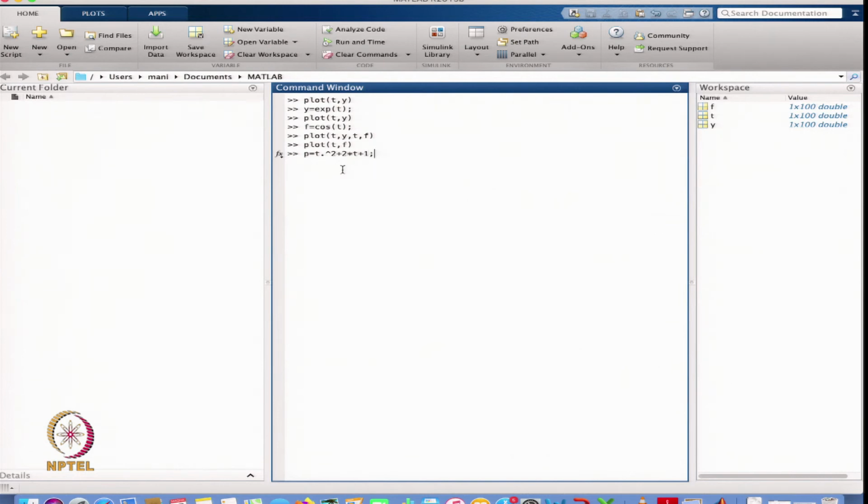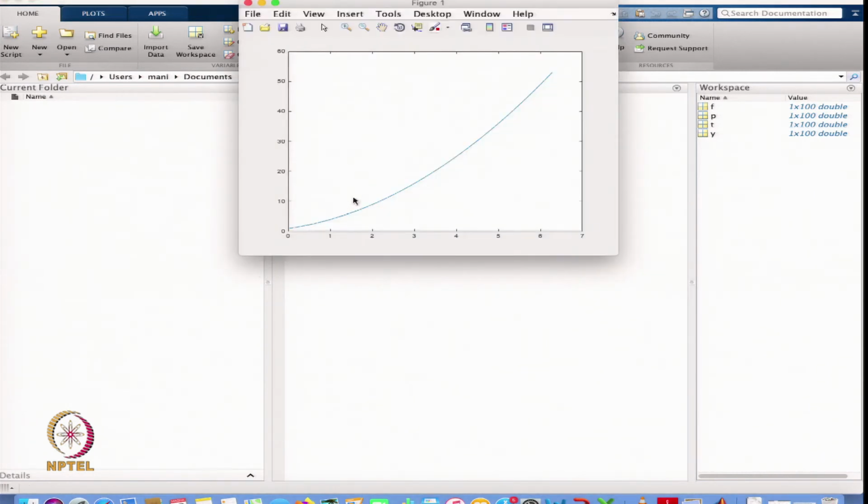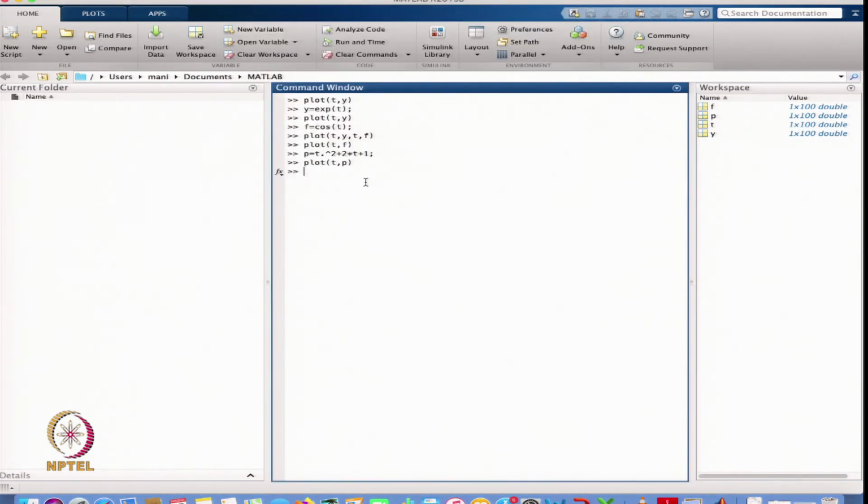So, this is the polynomial I am defining, and then I plot this one, t with p. So, this is the polynomial we are getting. You can define lots of functions, whatever function you want to define.